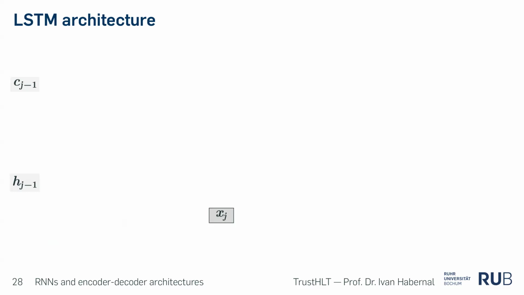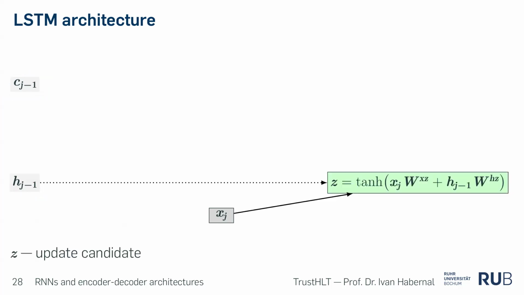But here we have the previous states split into two vectors, two halves. I'm just gonna scroll through and not talk about this, because this is something you can look up. I don't want you to remember the architecture of LSTM because I think it's not super important. But you will see just how complicated it is.